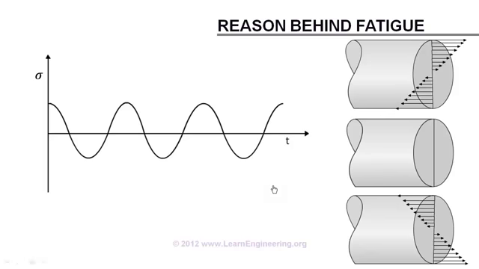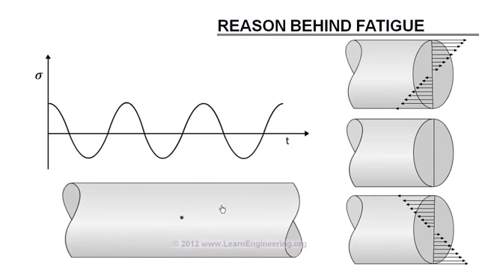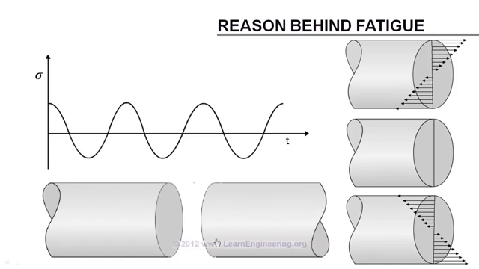When such fluctuating stress acts on a material, it will initiate something called a micro-crack. This crack will begin to grow with the fluctuating load, and over time it will cause an abrupt failure. This is why failure due to fatigue is a dangerous affair. Unlike failure due to static load, fatigue failure happens without any warning, it doesn't even make a neck. And the failure is completely unpredictable.